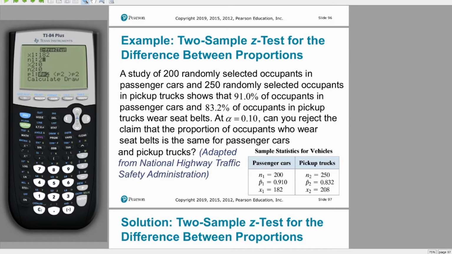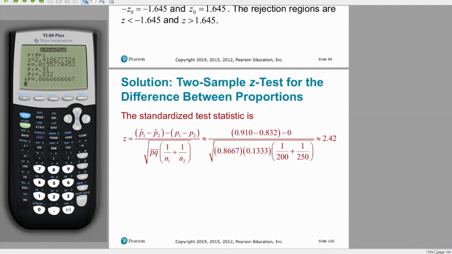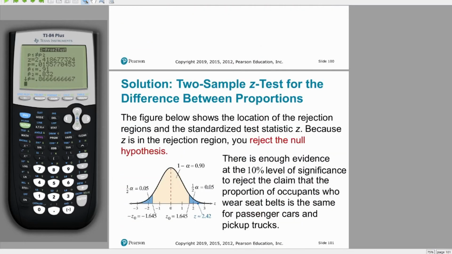And then here we have n1 is just 200, while x2, I'm not going to put the multiplication in there again, is 208, and n2 is 250, where here we are testing at alpha equals 10% about the claim that the proportion is the same. So we're running the two-tailed version here, that is p1 does not equal p2. We're going to calculate that, and what we'll get here is a z-score of about 2.42 and a p-value associated to that of about